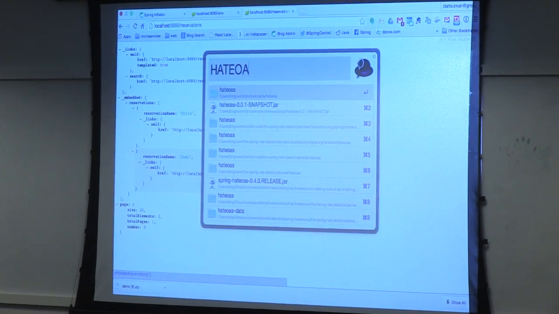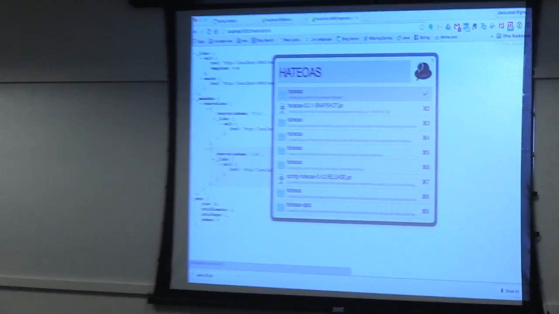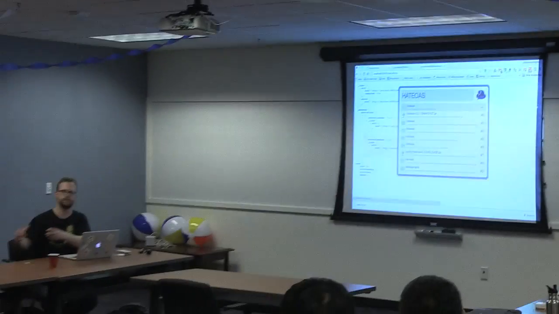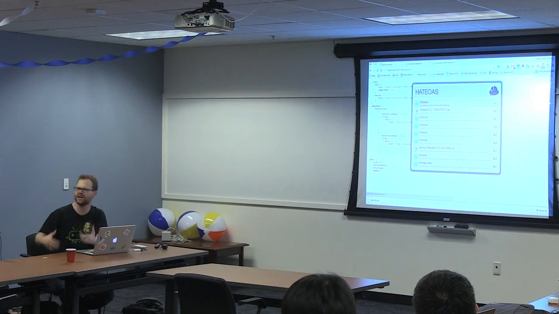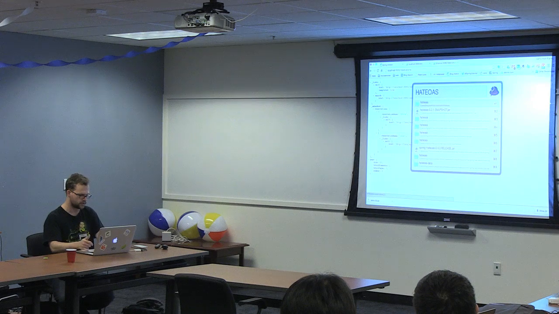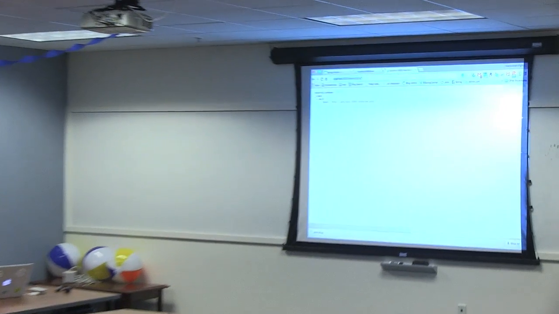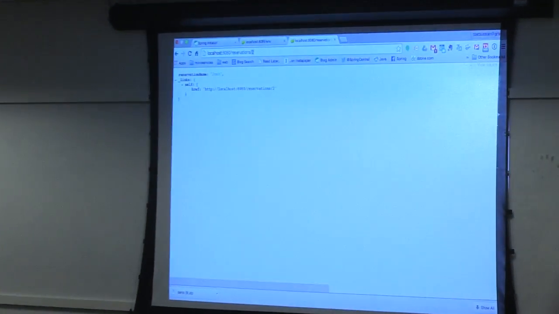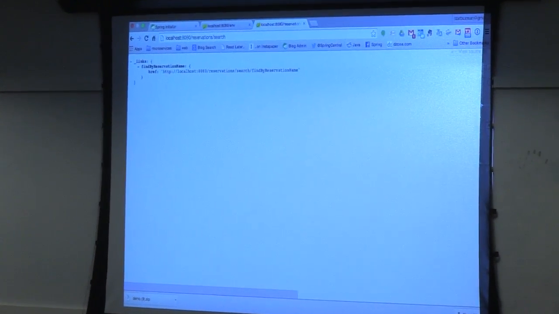Hypermedia as in HATEOAS: hypertext as the engine of application state. The idea is that every REST resource should have within it everything that every client should need to be able to further manipulate or understand that resource. So a self-describing API is very good in the microservice world, not required. I've got the data there. I can actually go to reservations 1. I can go to reservations 2. I can go to reservations search, and I got the search endpoints there as well. So you get a lot, even in the Java version.